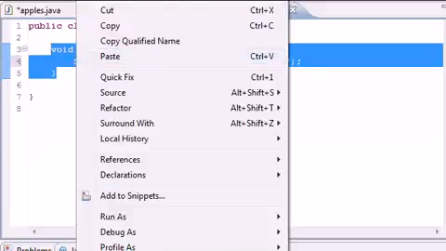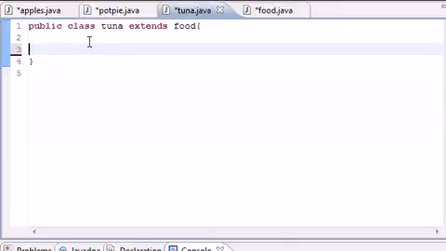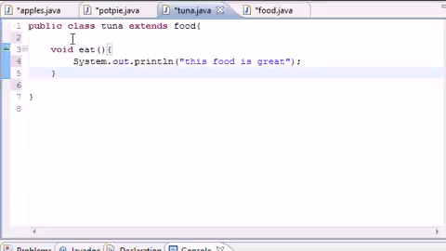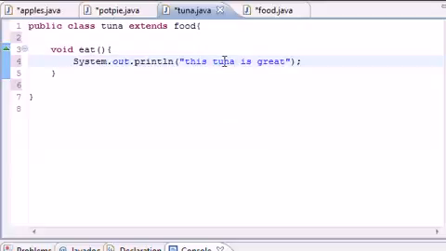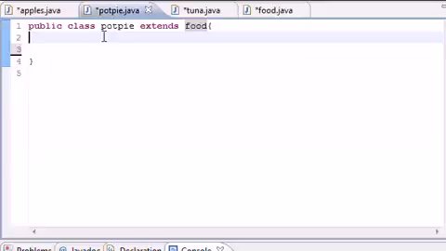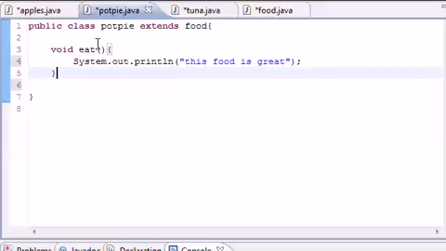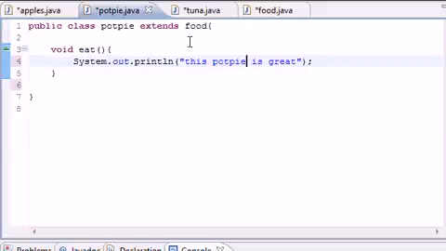Now that's nice and all, but another thing about polymorphism, and I'm just going to do this for demonstration purposes, is that we can override the eat method. If we put it in the tuna class and call it, it'll say this tuna is great now. And let's just do that one more time with pot pie: this pot pie is great. So even though it's inherent